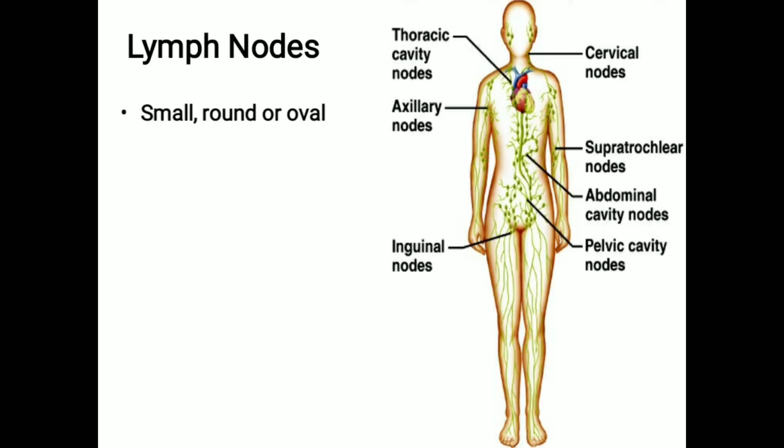Lymph nodes: you can see the dotted regions, they are all lymph nodes. The lymph nodes are more prominent in the armpit and inguinal region. Okay, so what are these lymph nodes? If you look into the lymph nodes,